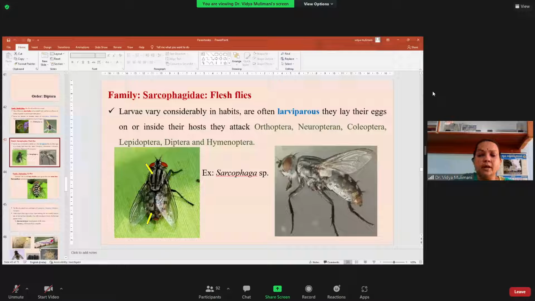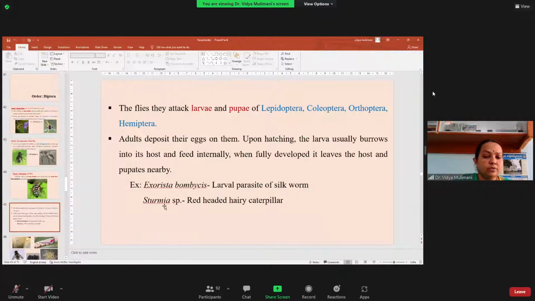And also in the thorax you observe that there are ash bands. You can see here, the ash bands are alternating with the black. So these are the characters. And also I will show you in the